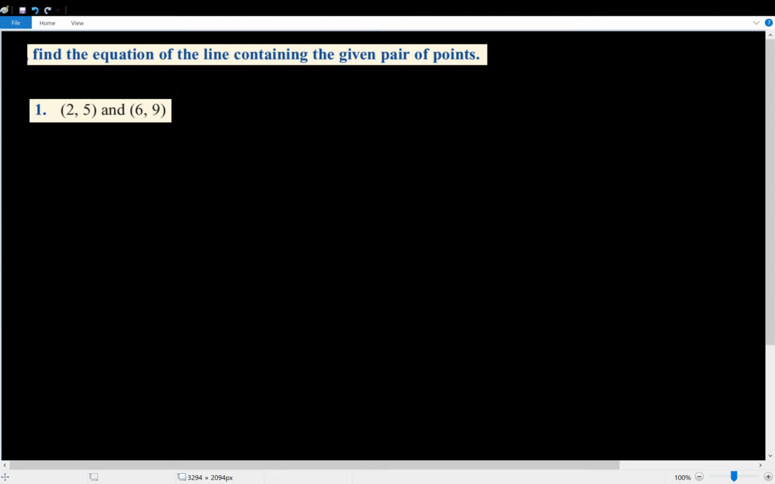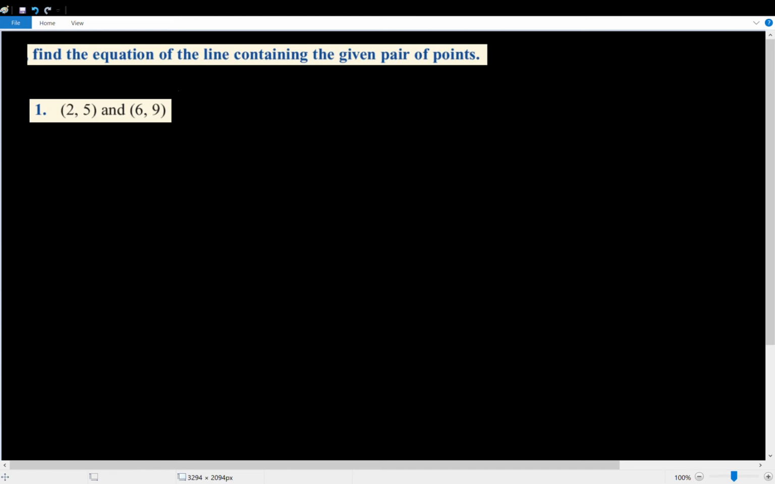This is question 1 from exercise 15.6 in Project Maths 2. Find the equation of the line containing the given pair of points. For this particular question, we're given the points (2, 5) and (6, 9). Now, in order to find the equation of a line, we need at least one point on the line, which we have, but we also need the slope of the line, which we weren't given this time, so we've got